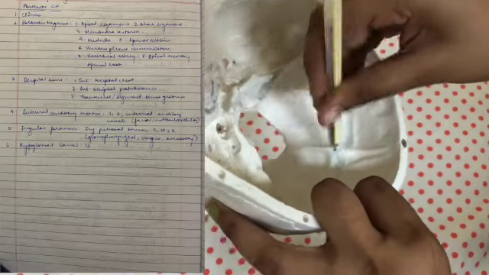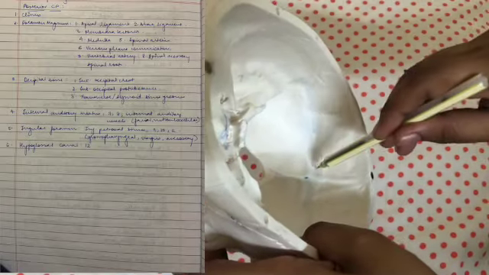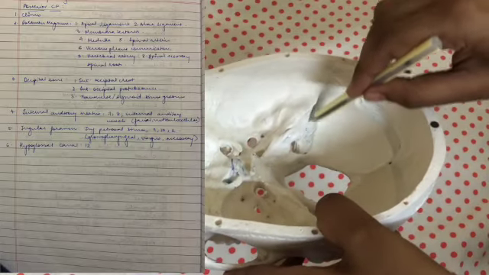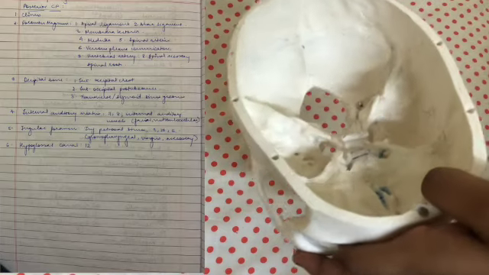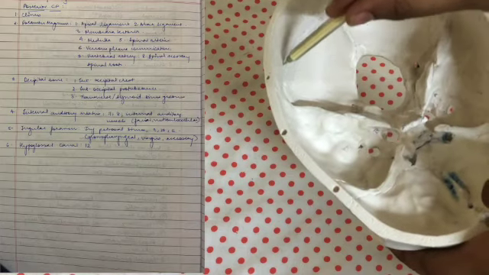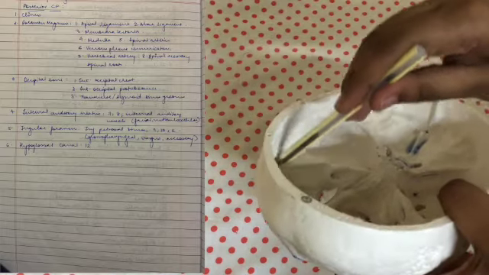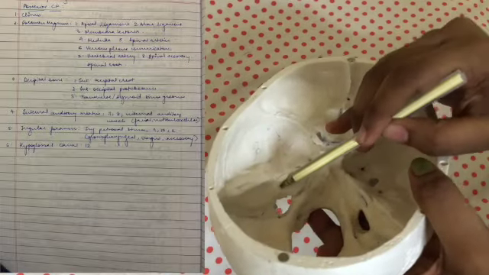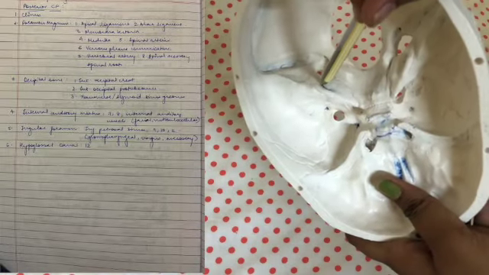And the structures that you're seeing here, these grooves, are for the sinuses. Sinuses are basically these venous channels that run in the brain, through which the deoxygenated blood and the cerebrospinal fluid pass. So these sinuses form great indentations on the bones. So this is for the transverse sinus, and this that you're seeing is for the sigmoid sinus. And now you have the internal auditory meatus.